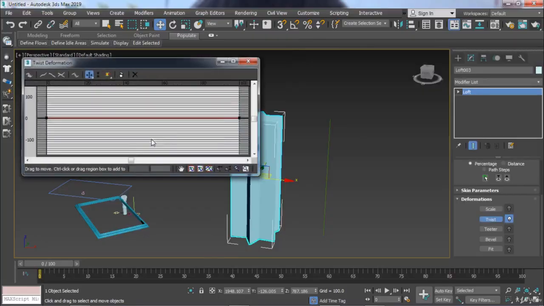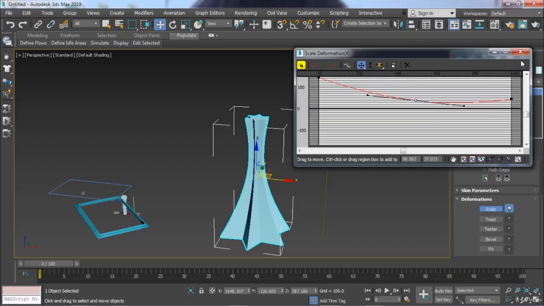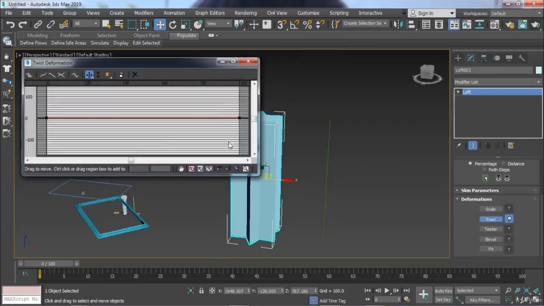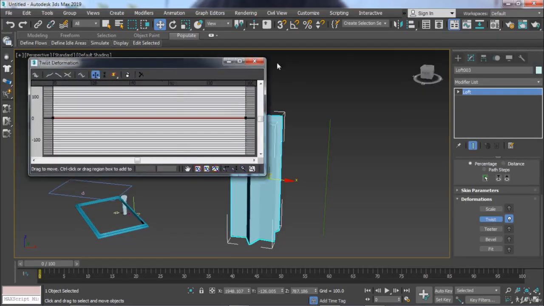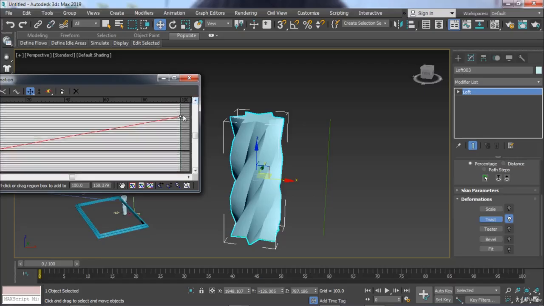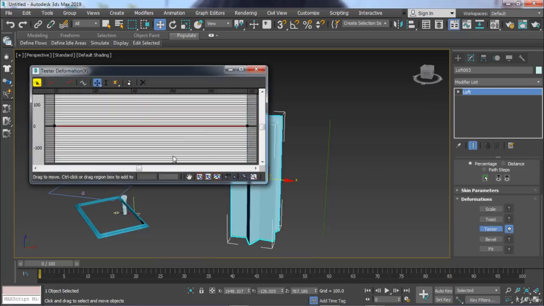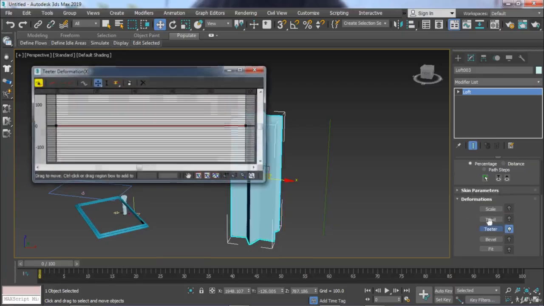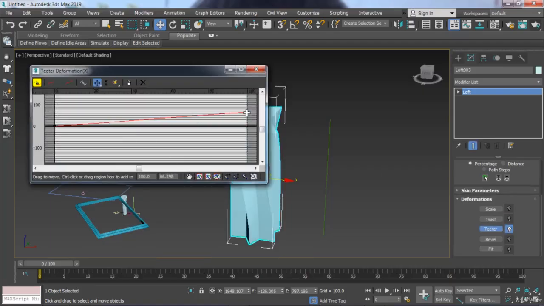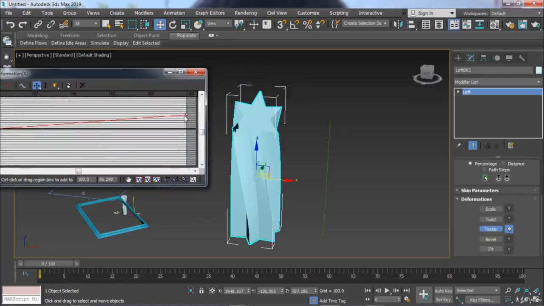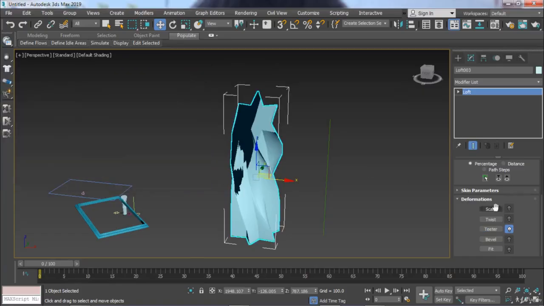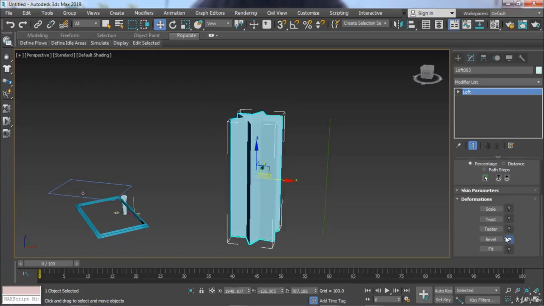Now twist, click on twist. If I move it upper side, the twist will work like this, like this. So this is twist as you wish. Now teeter, click on this point. Teeter is applying like this. I am closing this and bevel,